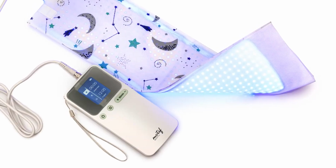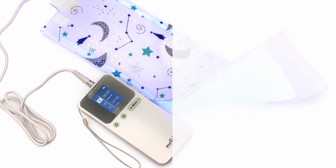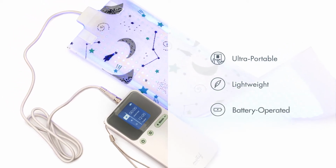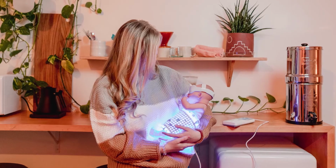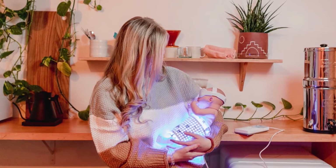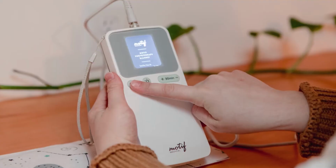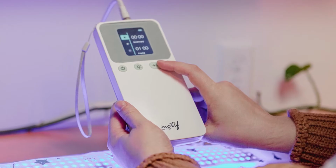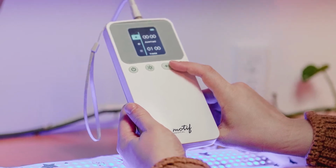The Motif Phototherapy Blanket, the BiliTouch, is an ultra-portable, lightweight, and battery-operated phototherapy device. The BiliTouch helps promote mom and newborn bonding while providing the therapy needed. Before using this product, be sure to read the entire user manual and follow instructions and safety information to prevent